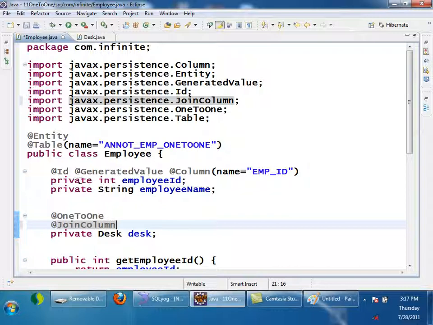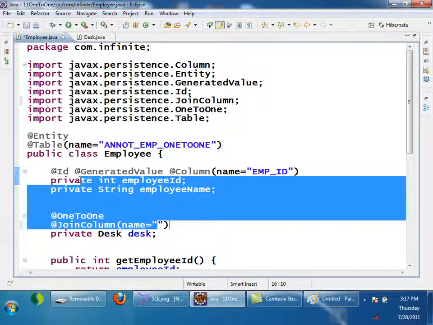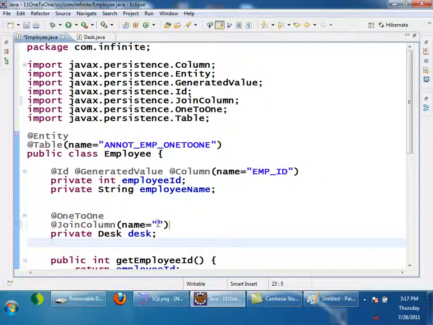Join column name is equal to something, say X, suppose. Now let us try to understand the point here.